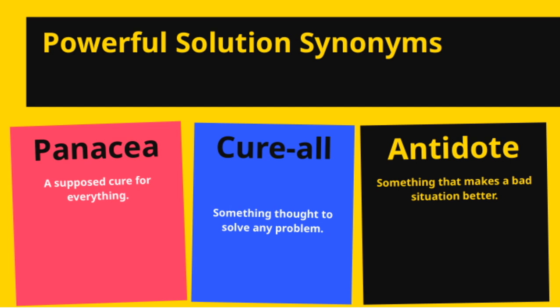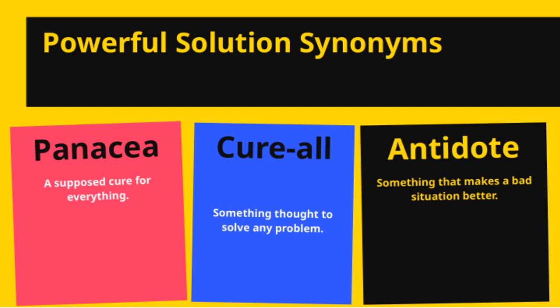This term is used when something is thought to solve any problem, no matter what it is. It's a bit of a catchphrase for a solution that claims to be effective in all cases, though in reality, that's rarely the case. Then there's panacea. This is a more formal word for a supposed cure for everything, a universal remedy that promises to fix all issues. While it sounds ideal, we need to be careful and critical because true solutions are often more complex and